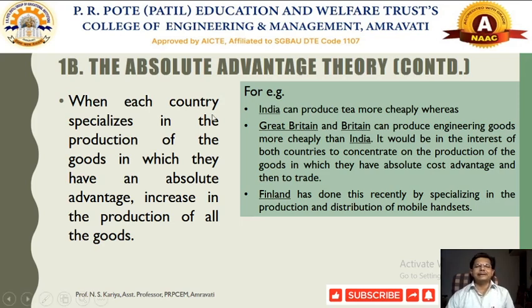Say for example, India is the largest tea producer in the world. Similarly Great Britain mainly exports engineering goods or technological goods to India. So they identified that India would be the largest marketplace specifically for agricultural goods. They even came into India by means of the East India Company, and the East India Company was collecting all these agricultural goods and exporting them to Great Britain before independence.